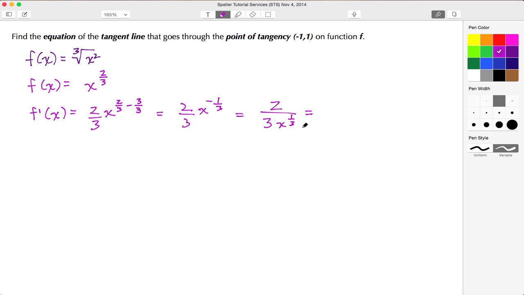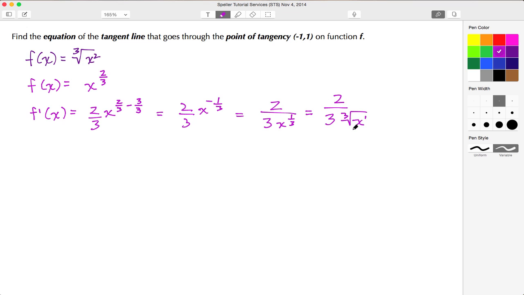And the last thing I want to do is to convert this expression from being exponential back into radical. So my numerator still stays at 2. I keep my 3, and now x to the 1/3 becomes the cube root of x to the first power. Again, the denominator becomes the index of the radical, and the numerator is the power. And again, this 1 here is implied, it's understood. I just put it here explicitly.